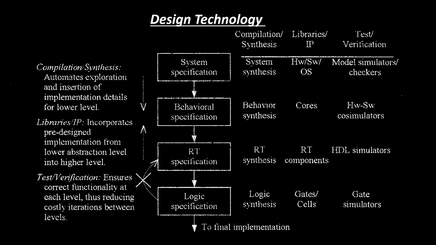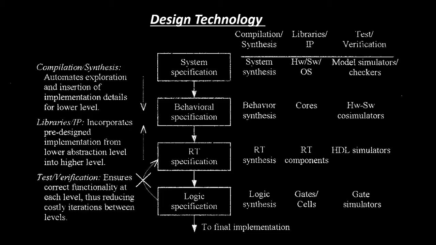The designer refines these specifications into register transfer, that is RT, specifications, by converting behavior on general purpose processors to assembly code, and by converting behavior on single purpose processors to a connection of register transfer components and state machines. The designer then refines the register transfer level specification of a single purpose processor into a logic specification consisting of Boolean equations. No refinement of a general purpose processor's assembly code is done at this level.